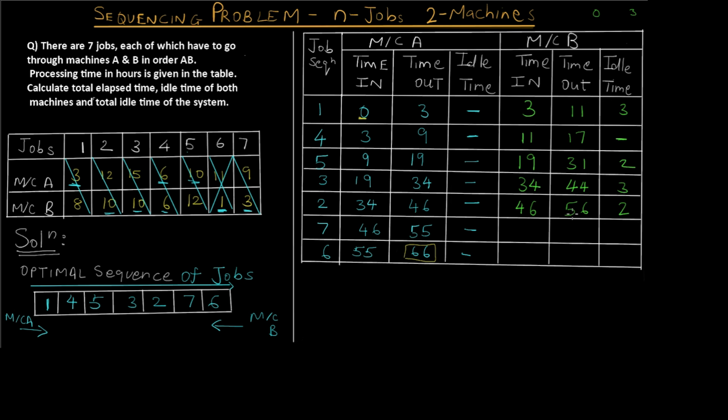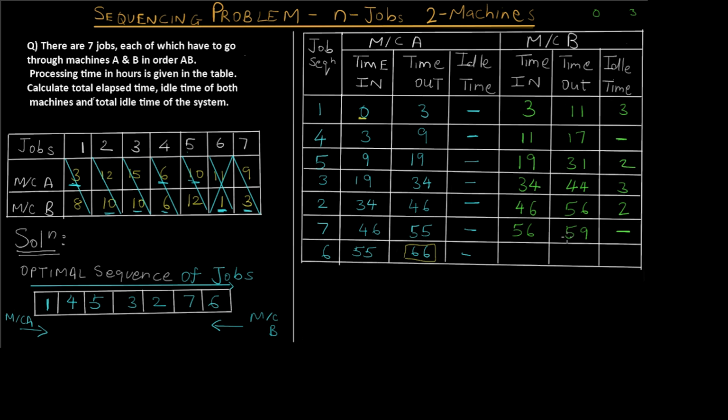Now comparing the timeout of 56 with 55, that is next job of machine A. So we know that job number 7 was completed by machine A at 55th hour and job number 2 was completed by machine B at 56th hour. So since this timeout is greater, that is 56 is greater than 55, we have to write it as it is, so 56. Because of course machine B did not have to wait for job number 7 because it was already done by machine A at 55th hour. And we can see that job number 7 for machine B takes 3 hours.